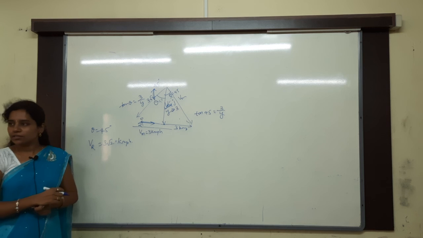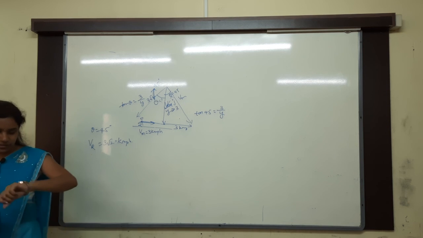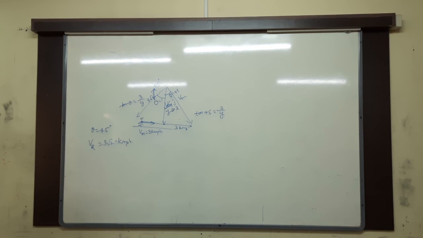Clear, I understand, right? If you don't understand, don't worry. I will take the class in the evening again, not in the afternoon. In the afternoon the chemistry sir will take it. In the evening study hours I will take the class. Why? Because on Saturday I have to take 2 classes. On that day you got the study hour, no? In the afternoon, that class will be shifted to here. In the evening I will take the class and explain this problem again for you. And after that, boatman